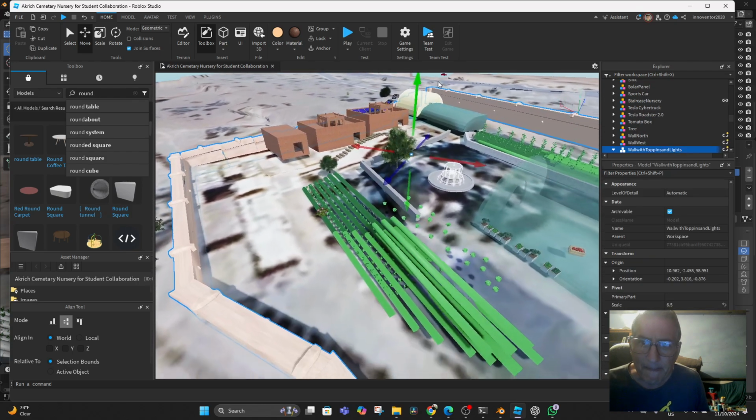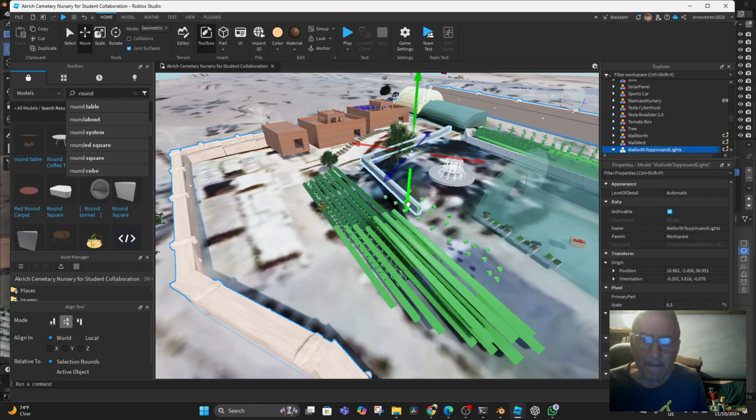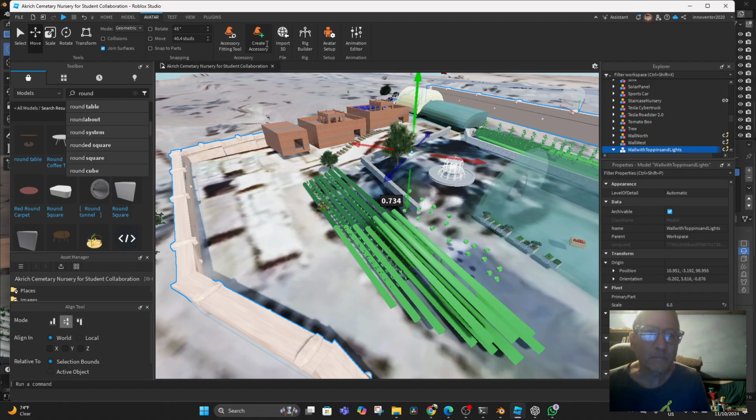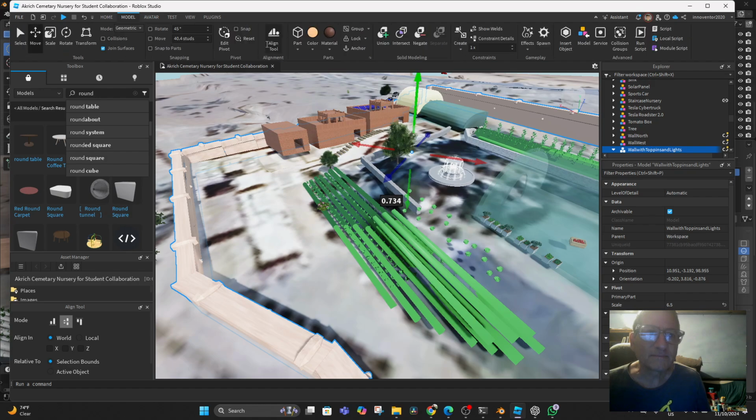Meanwhile, it's time to lock this. Also to anchor it. And then when we go to play,